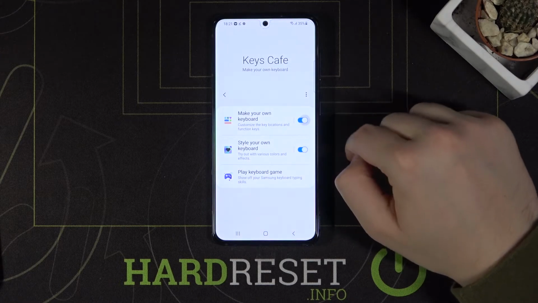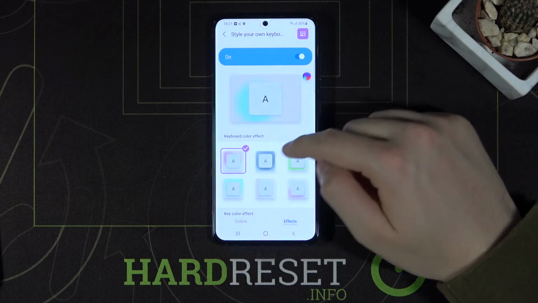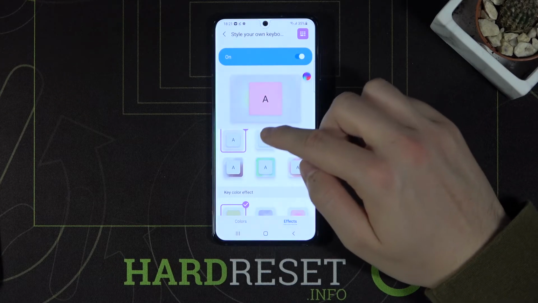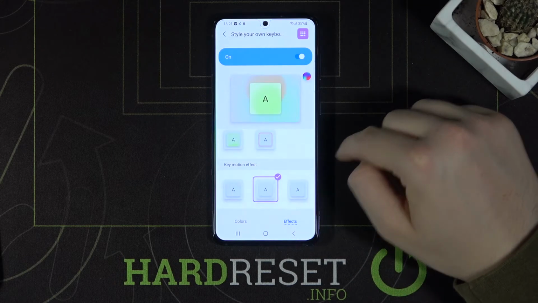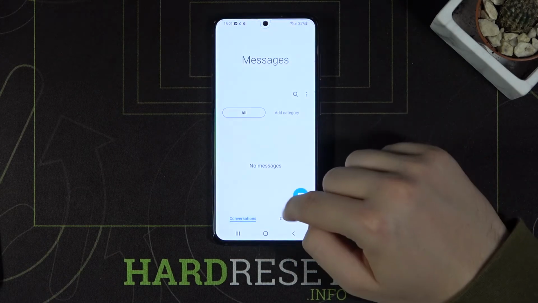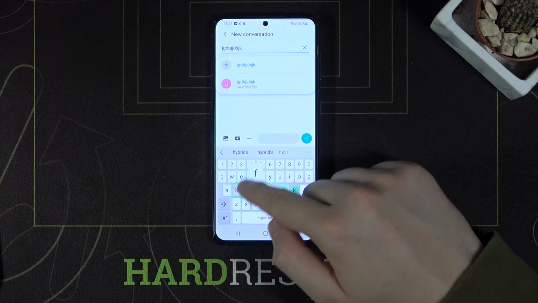Tap on these two switchers and then click here to style our keyboard. Let's go to the effects, and as you can see, right now we can customize and set up our best effects. I'm going for this one, and right now when you go back and go right here, we can enjoy this beautiful keyboard theme on our